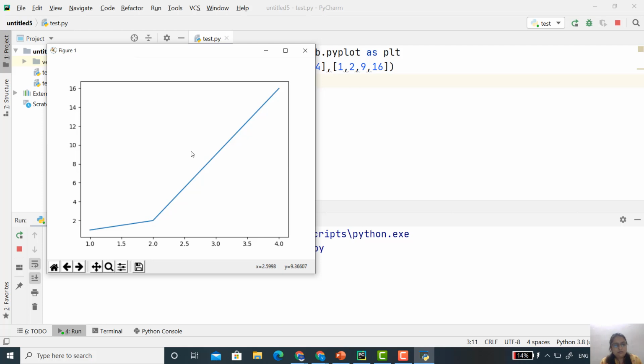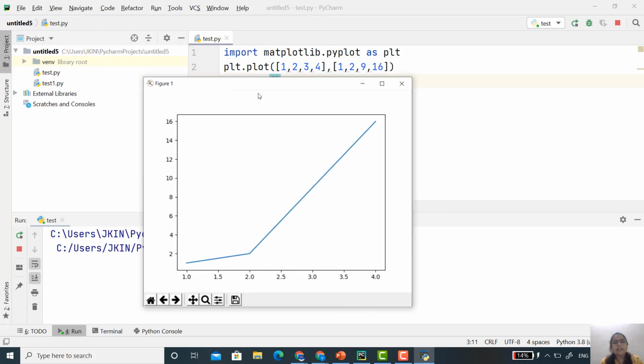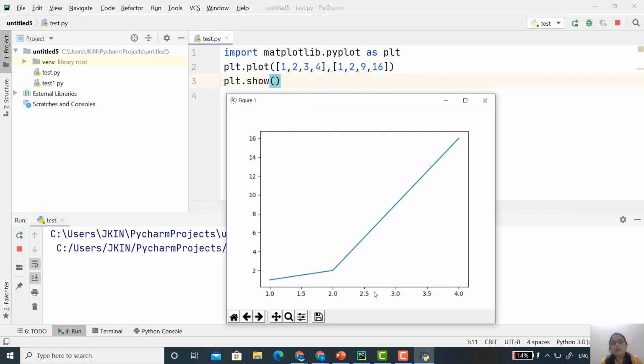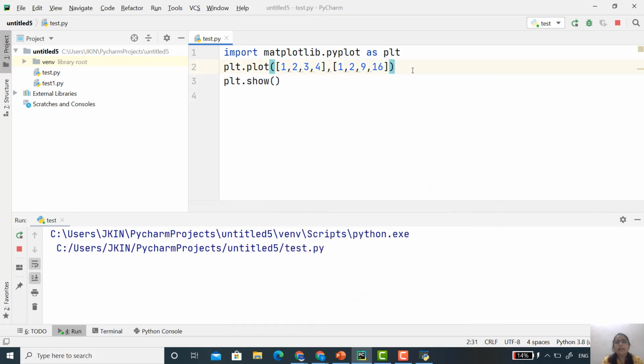Here my x-axis is from 1 to 4, and my y-axis is from 1 to 16. Yes, it is there.